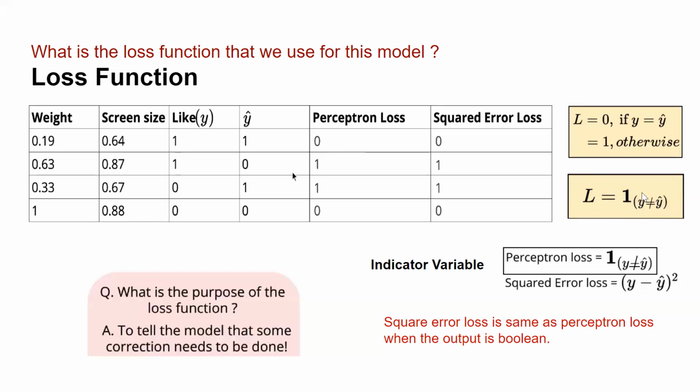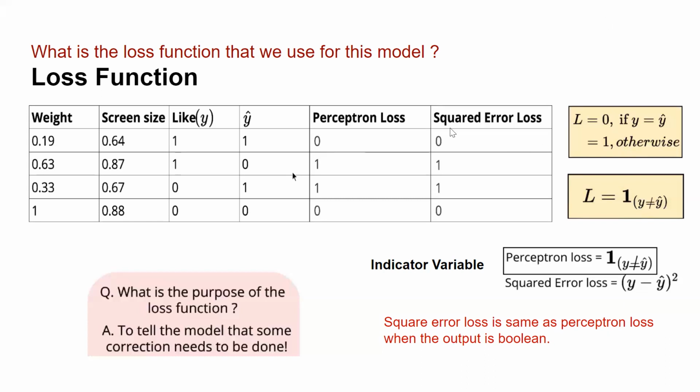Now, why did we choose this for perceptron model? Because in case of perceptron model, yesterday we saw that it is capable of handling real input also. So in this case, the perceptron loss would differ from square error loss, because the square error loss in case of MP neuron will always be 0 or 1. In case of perceptron, it will also be 0 and 1 when my output is Boolean, in that case my square error loss and my perceptron loss are the same.